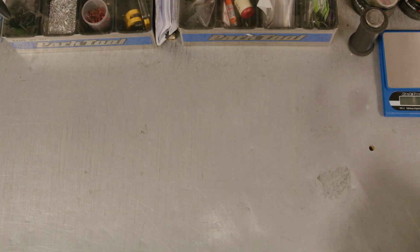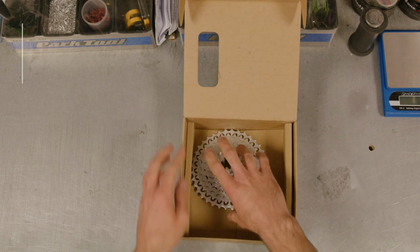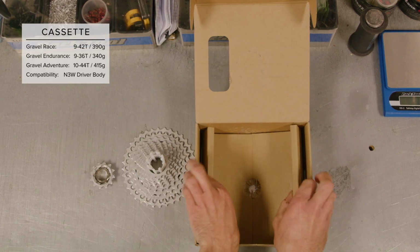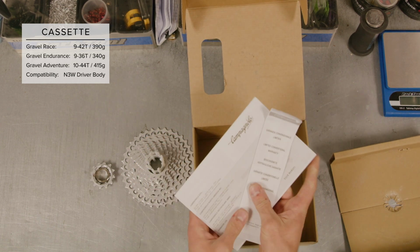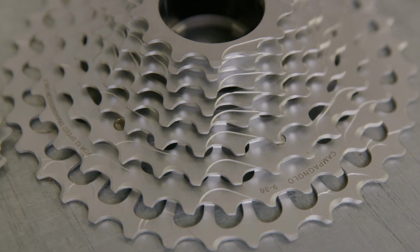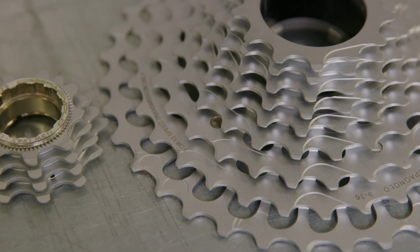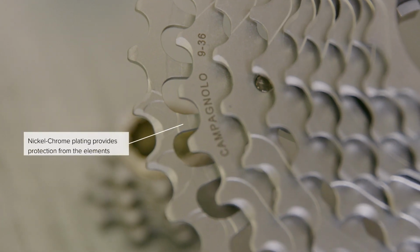All right, let's take a look at the cassette next. Same packaging. Inside, you have the two-piece cassette. Underneath that, warranty, user manual, same as before. So this particular cassette is the Endurance cassette. It's a 936. It's CNC machined out of two pieces of steel, and then it's got a nickel chrome plating